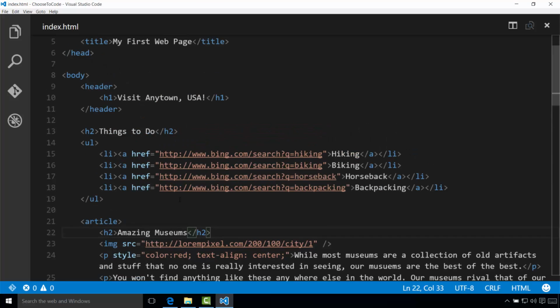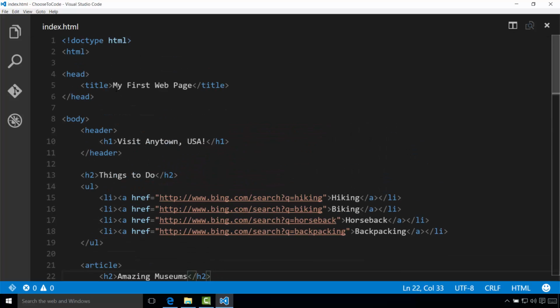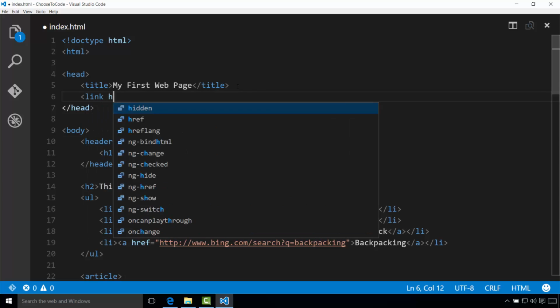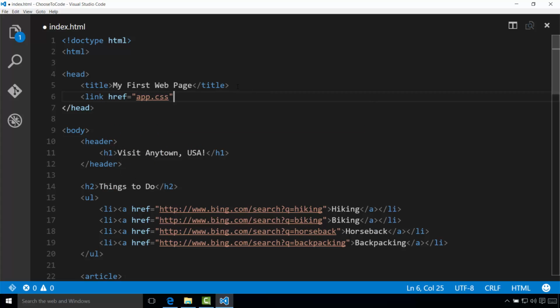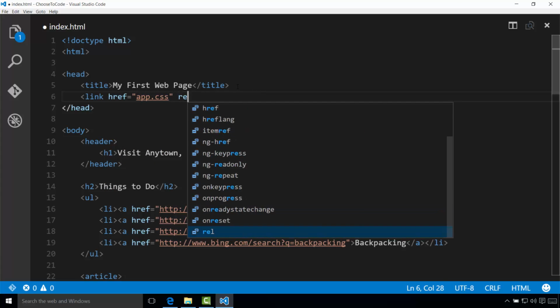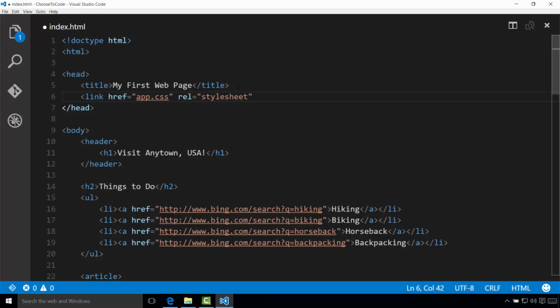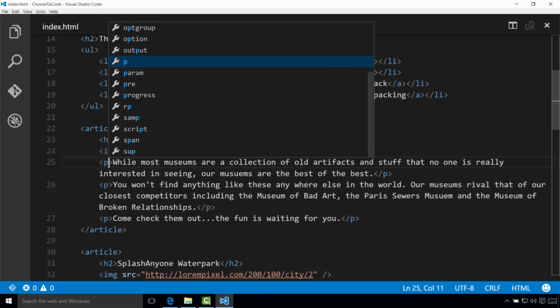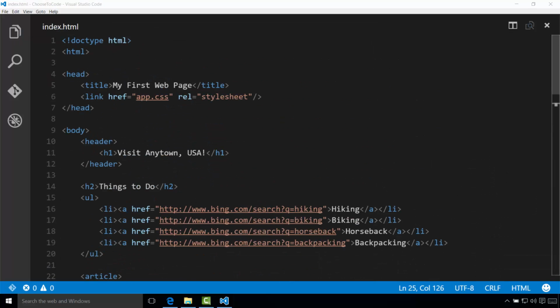specific styles. So at the top of the page here, inside the head tag, we're going to put the following code. Link href equals app.css, rel equals style sheet. So this again tells the browser to use a file called app.css. This is where our styles will be pulled from. And let me scroll down, and I'm going to get rid of this inline style because we're not going to use that anymore. So now we have to create a new file called app.css